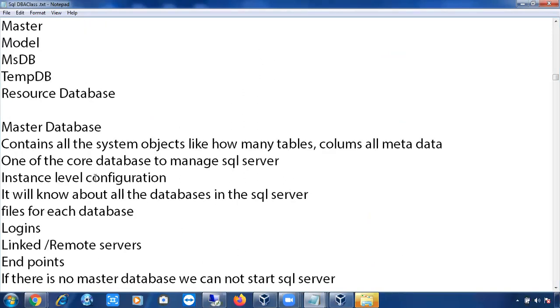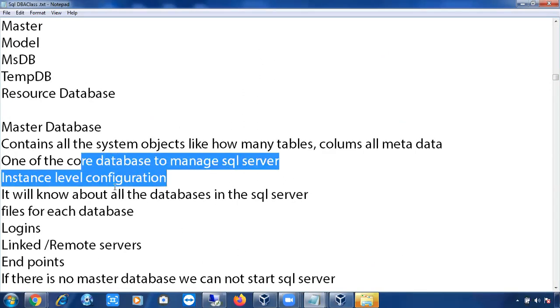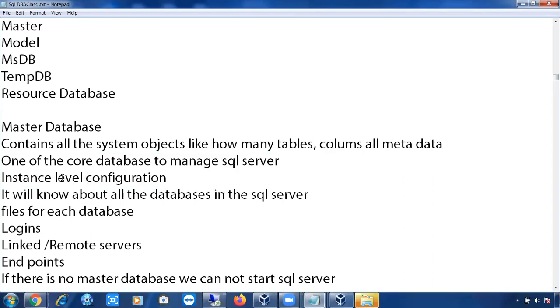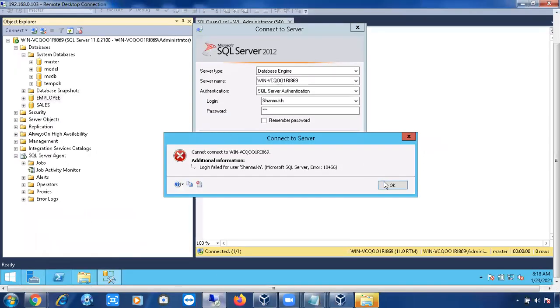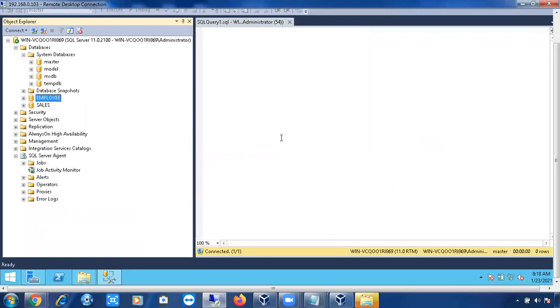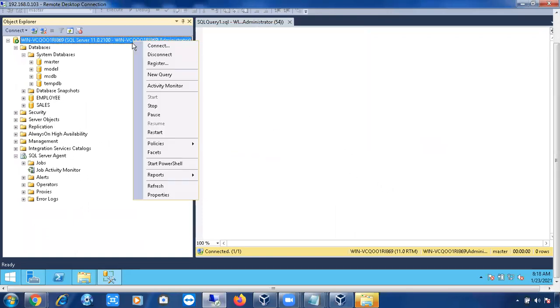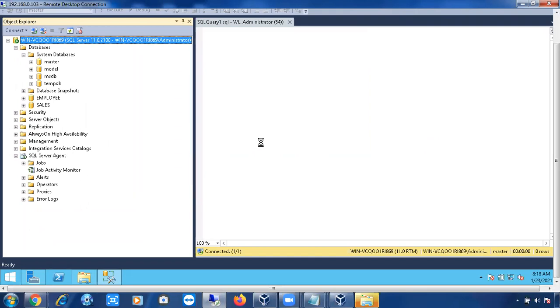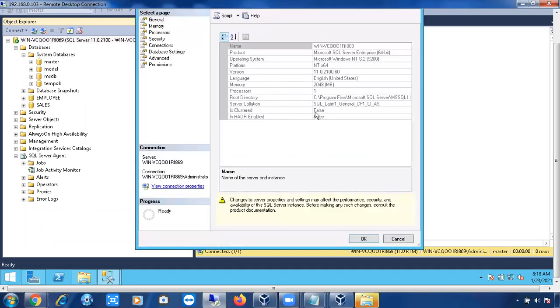And one of its core roles is that the instance level configuration settings are stored in the master database. Instance level configuration settings mean, for example, whether the authentication mode is SQL authentication or Windows authentication. If you right click and open properties, you can see a lot of settings. These are the instance level properties, like collation settings and is clustered.